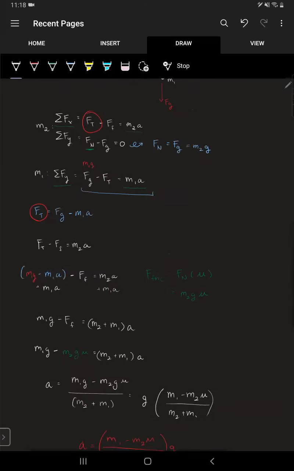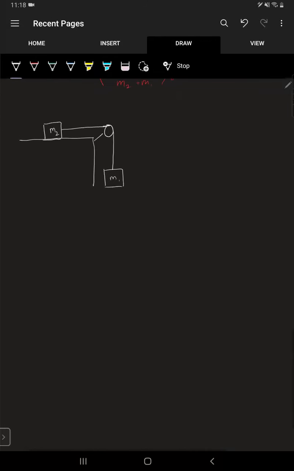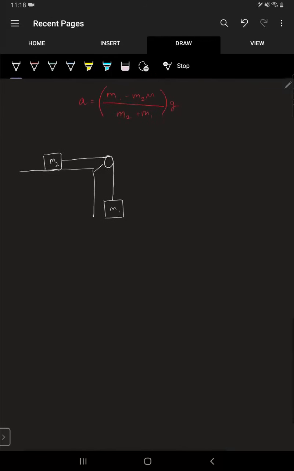Did I match that? Let's see. Yes, good. I've got to keep that constant or sometimes people get confused. If you let go of M1, right? And the table is so rough that the blocks don't move,